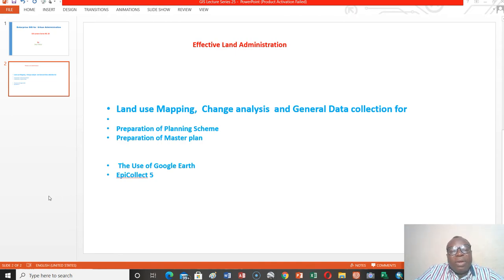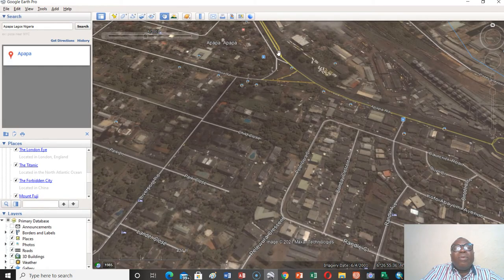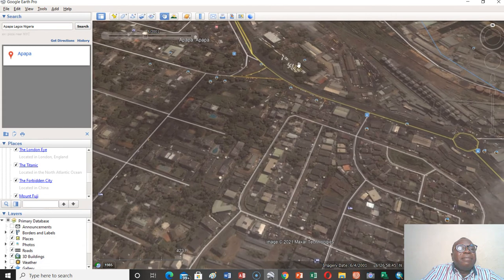You have to register to have a license for that, though the license is also free. You can download your Google Earth Engine. So if you have downloaded your Google Earth Engine, as I have, you can go to